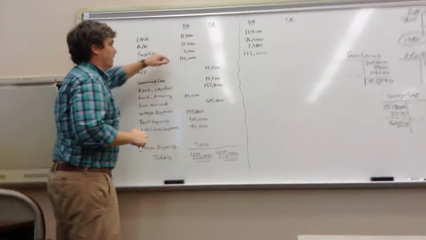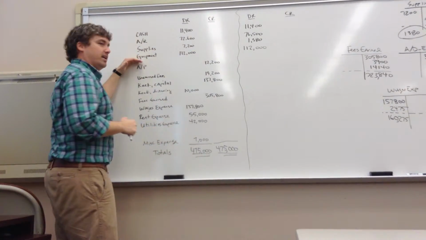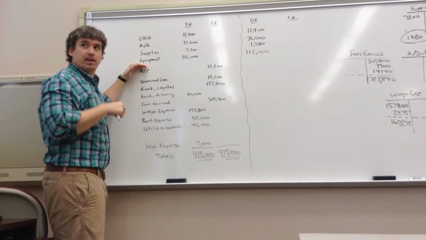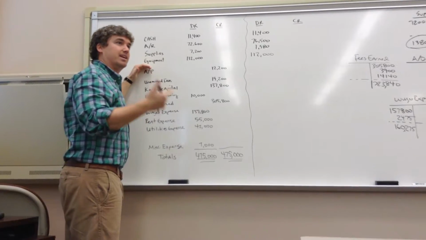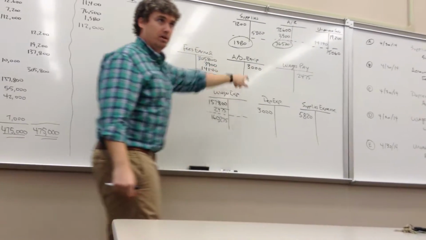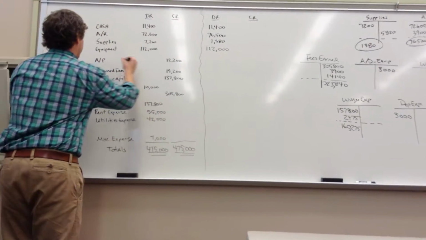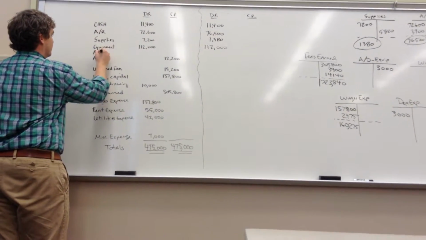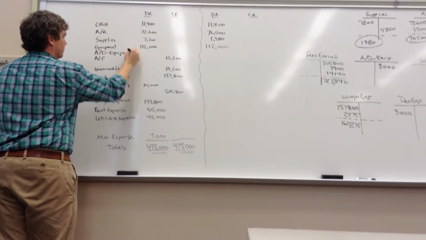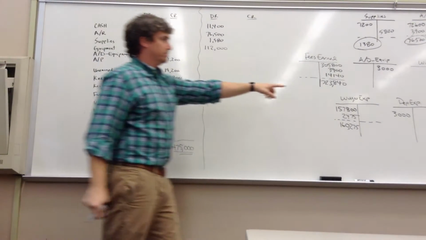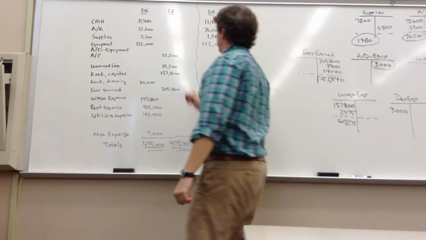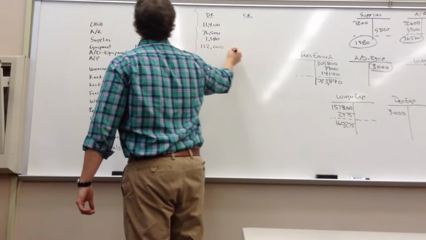Now, this is where we got to be a little heady. All right, what goes right up under here? Accumulated depreciation. Okay, don't miss that. Accumulated depreciation is a contra asset account, so I got to pick this up. Accumulated depreciation on equipment. I'll add it right here. That's perfectly okay. And my balance is 3,000. That's what I'm putting on there. Under the credit,